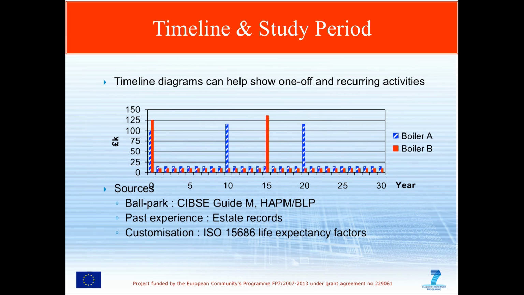We've got some initial installation costs, your investments of purchasing the boilers and installing them for the first time. We've got reinstallation when the boilers wear out and need to be replaced. And you can see that these two, the red and the blue, they're on different life expectancies. The blue boilers are going to last for 10 years and the red boilers are going to last 15. And that's for whatever reason, but we're comfortable with putting that into our analysis.